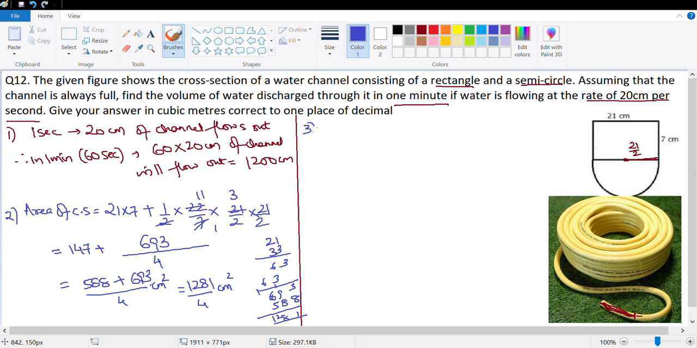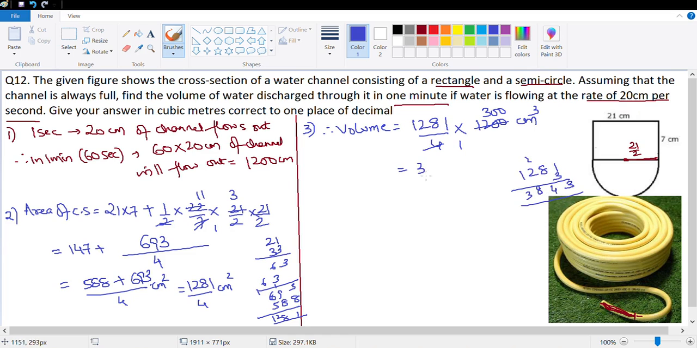Number 3, therefore volume would be equal to area of cross section, which is 1281 upon 4, into length, which is 1200 centimeter cube. 4 into 1, 4 into 300, so that's 1281 into 300. So that's 1281 into 3, 3 into 8, 24, 6 plus 2, 8, 3. So this is 3843 with 2 zeros centimeter cube. 3,84,300 centimeter cube. If they want the answer in cubic meter and correct up to one place of decimal,